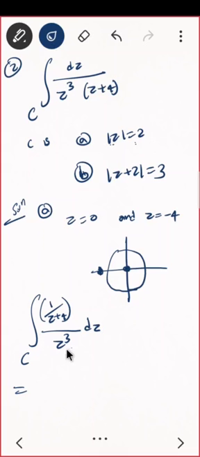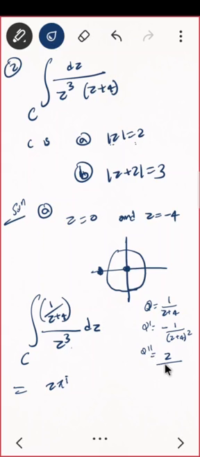So z equal to 0. What is the Cauchy integral formula? 2 pi i times the nth derivative of f, where the power is n plus 1. So it will be the second derivative. So what will be its second derivative? Suppose I am putting phi as 1 upon z plus 4. What will be the first derivative? Phi dash will be minus 1 upon (z plus 4) the whole square. Correct? And what is your second derivative? It will be raised to 2 minus 2, so it will be plus 2 times minus 1, so it will be 2 upon (z plus 4) the whole cube. This will come, right? So it will be phi double dash at z equal to 0. You just have to put z equal to 0. So what will this come to?